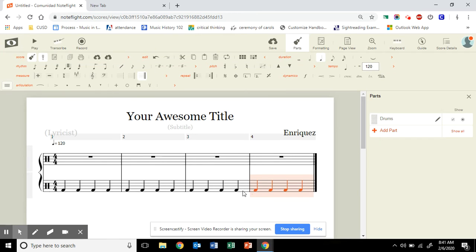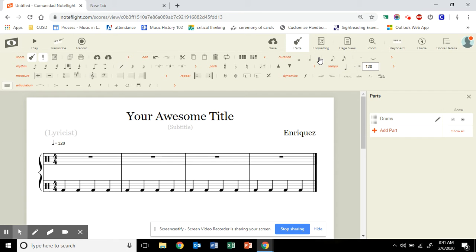Okay, so once you're done with that beat, you can now compose your rhythm. Now, all my notes are up here. See? Whole note, half, quarter, eighth. For this assignment, you're only allowed to use the quarters, the eighths. And I think, according to your directions, you may even be allowed to use 16th notes, but read that rubric